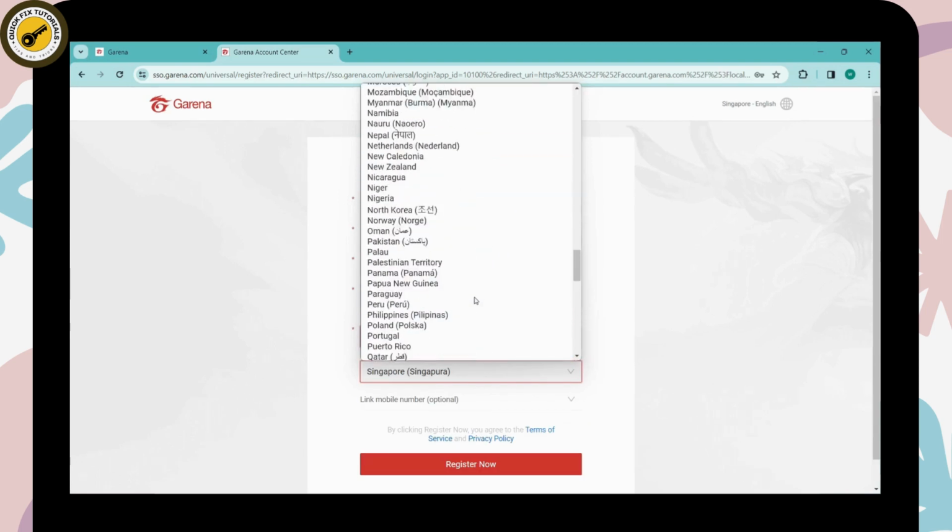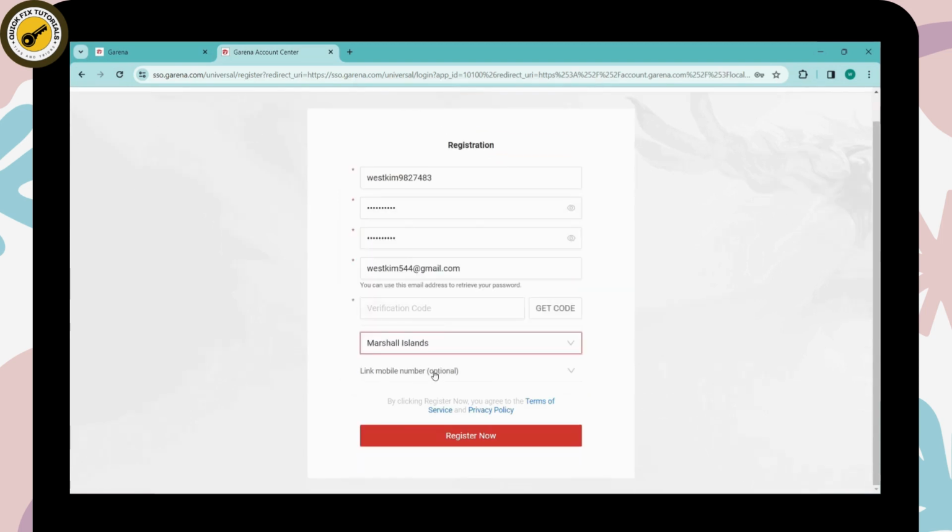So simply choose your country code, and after that here you need to link your mobile number, but this is optional. And after entering all of this, you can simply click on this get code, by which you will get a code to your email address which you have just entered. So simply click on get code,